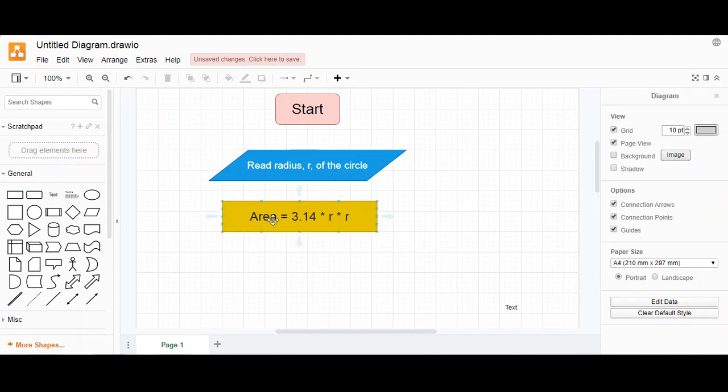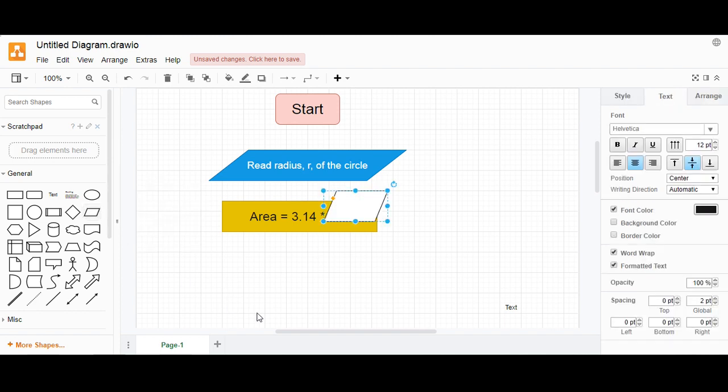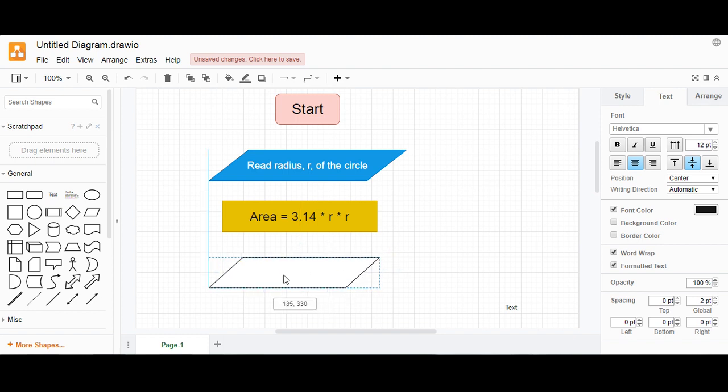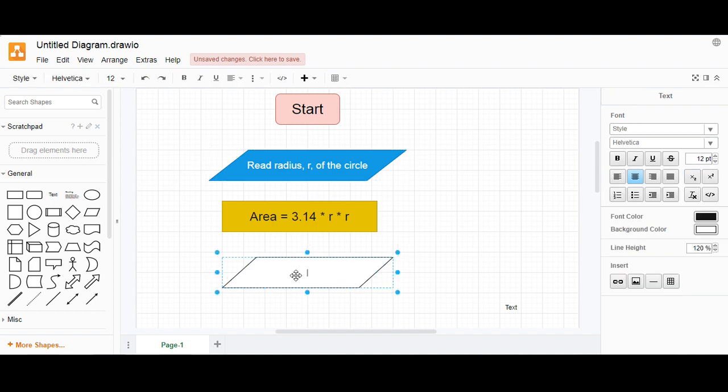So this is the processing unit. Next, we have to print the result. So we have to use again this symbol for output. Write inside it.